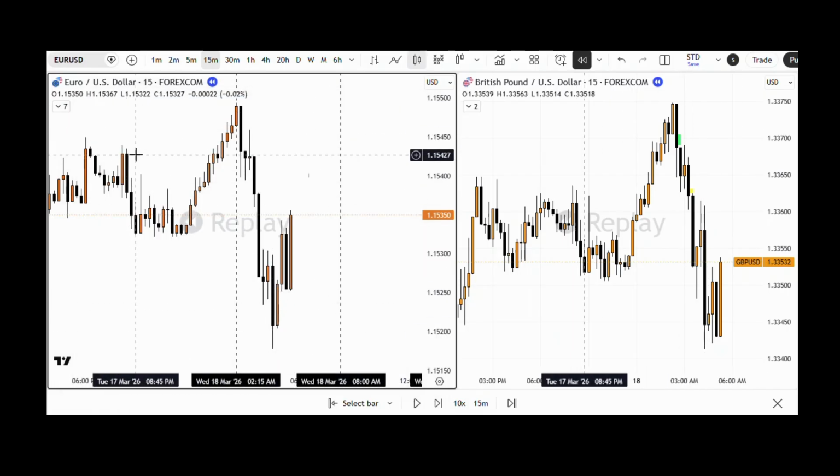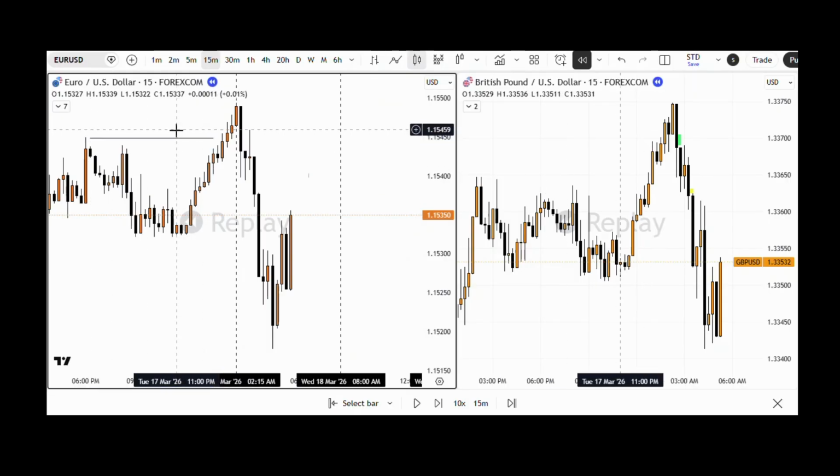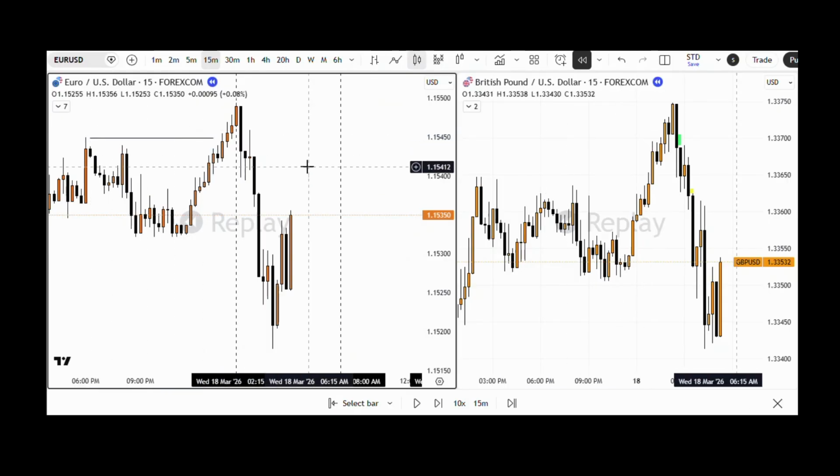And some people might even say, well, look, there's a break of structure and all that kind of stuff here, right? I don't use any of that. I just stick with the model. But again, this is how people use it incorrectly. So you have your A to B leg, right? Again, it's usually a strong leg, longest leg. You can see it's quite straight, lots of fair value gaps. Good. Swing high, swing low. Then you get a retracement,